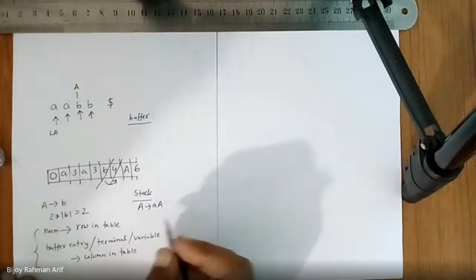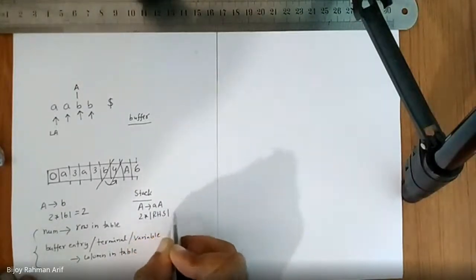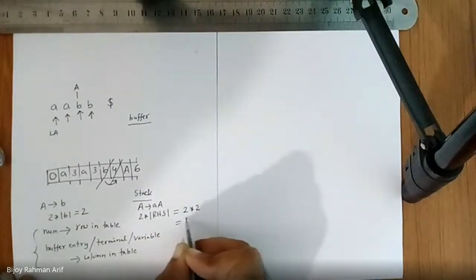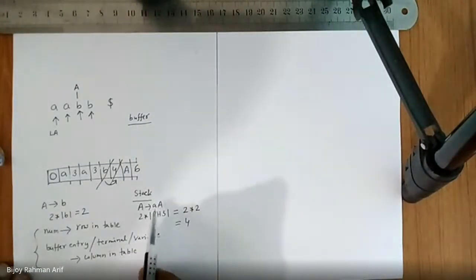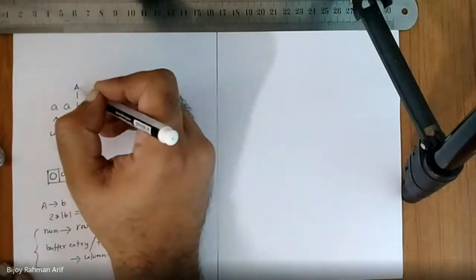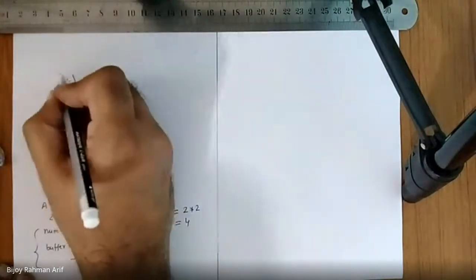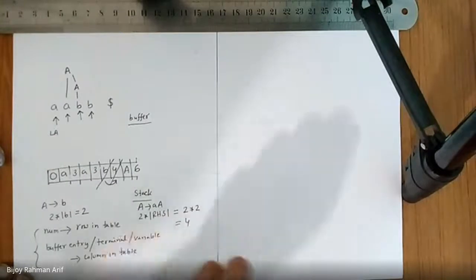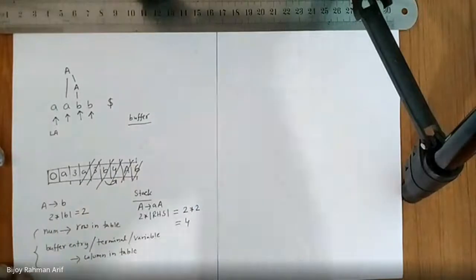So how many entries are in the right hand side? 2 entries in the right hand side. So 2 star 2, it should be 4. So you have to pop out 4 entries from the stack. So what is the rule? Small a, capital A would become A. So this is my capital A, this is my small a. So this small a and this capital A should become capital A. Then I have to pop out 4 entries from the stack. So 1, 2, 3, 4. And I have to push A.